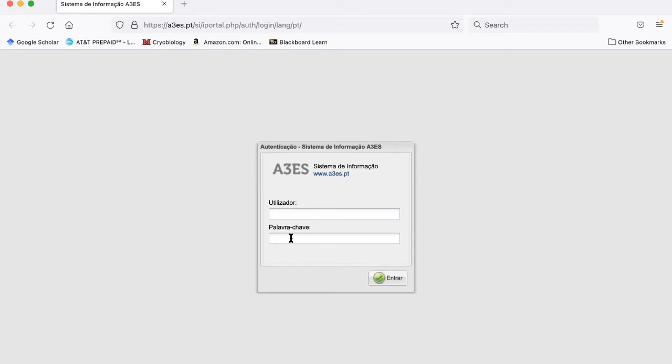If, however, you have your username but do not have your password, then there is a way through which you can recover it. So, for example, I'm going to demonstrate that here with my own username. So just enter your username, leave your password blank, and click enter. And then the next page, you see another link which says recovery of access data. So if you click that,